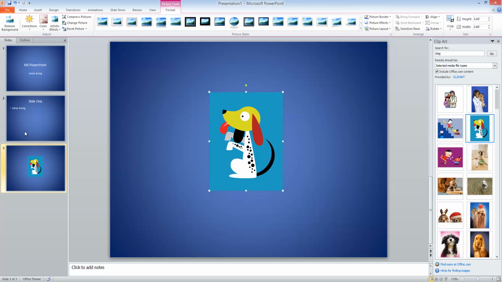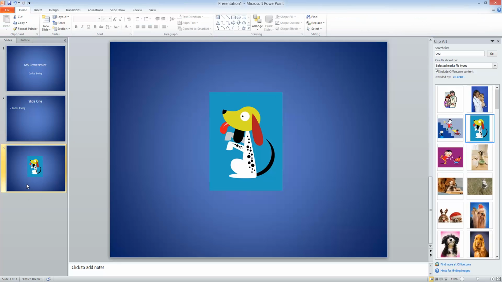Okay, now also, like here, if we wanted to rearrange these, we don't have to be in the slide sorter view. We can also do it from here. So we can click and drag, and we can see that it moved the dog slide into the second position. So clicking on the dog, just say if we wanted to add some animation to this little guy here, we